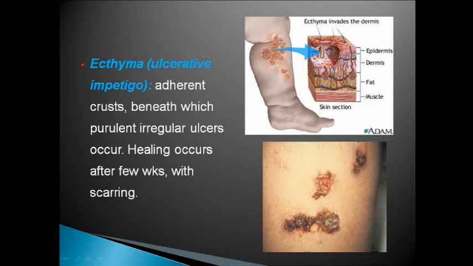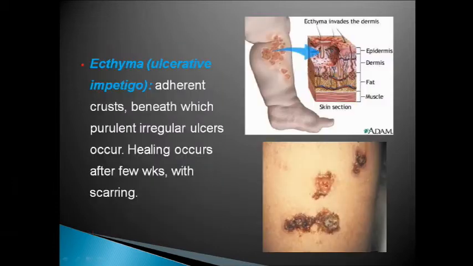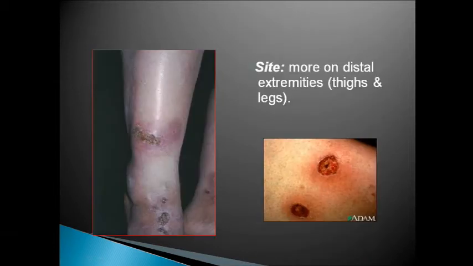When it goes deep below the epidermis, it will cause healing with scarring. So whenever the lesions are below the epidermis, going into the dermis, healing with scarring will be there. So deeper impetigo is also known as ecthyma, or it may cause ecthyma gangrenosum. See here how this lesion is affecting the deeper part.